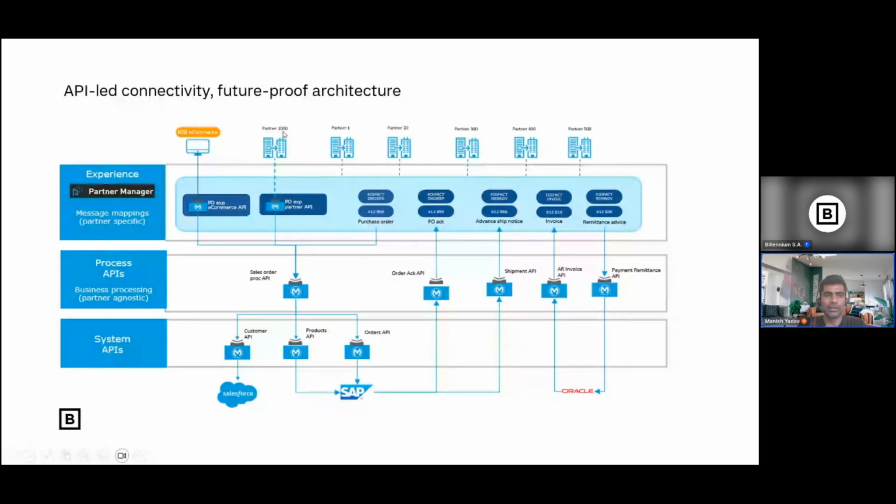This partner sends the purchase order to the partner API or this partner manager as a purchase order, then internally calls the process API. The process API will send data to SAP, and once SAP confirms the order, it will go back to the different partner. Once the order is confirmed, SAP might need to deal with the logistics company, called the shipment API. So SAP will call the shipment API. Once the shipment is done, they might send you an invoice, and the invoice is stored in Oracle, right? Once they send the invoice, they might need to deal with the payment gateway API. Someone is dealing with the payment. You need to pay the invoice. So overall, this is how it looks.